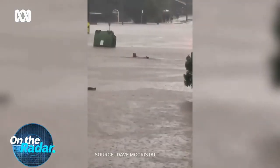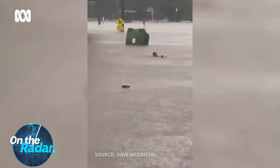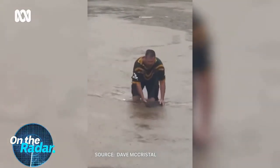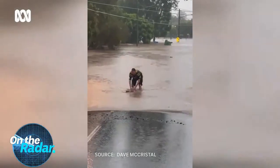So while I'm here today, I'm going to show you some of the truly phenomenal footage that we've had come through over the last few days. So starting off, this pair were lucky to make it out of floodwaters in Everton Park in Brisbane. Please don't put yourself in danger, folks, and stay out of floodwaters when you possibly can, and call authorities for assistance. Now, this footage was taken by Dave McChrystal, and